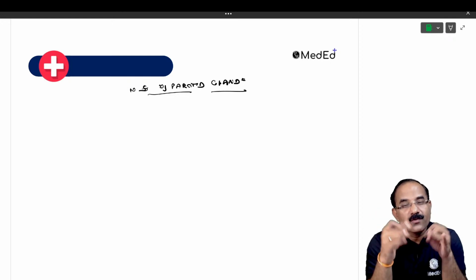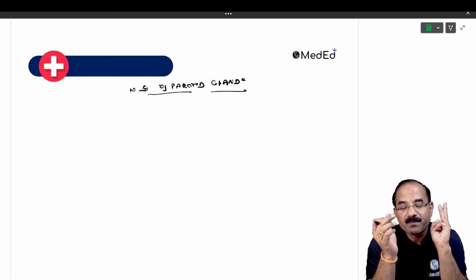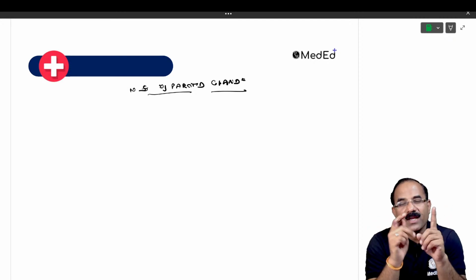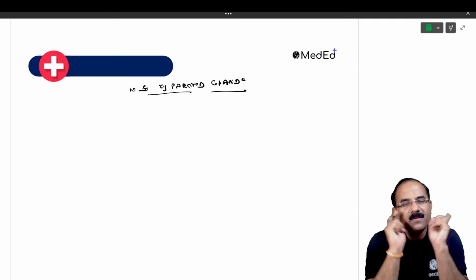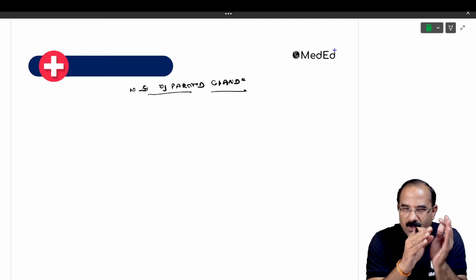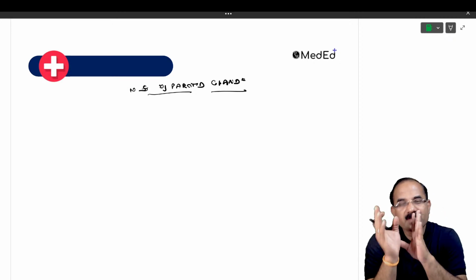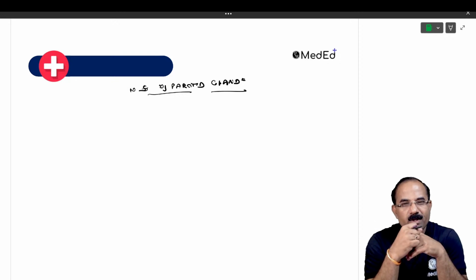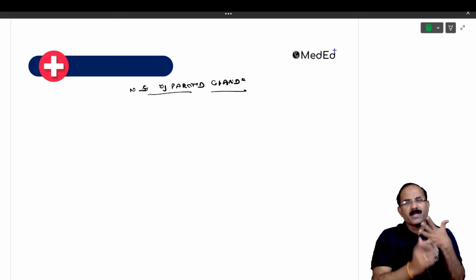Glossopharyngeal nerve is a nerve of which pharyngeal arch? Third pharyngeal arch. So third pharyngeal arch में there's only one muscle. एक muscle होता है. What's that? Stylopharyngeus. So glossopharyngeal nerve is going to supply what? Stylopharyngeus. Glossopharyngeal nerve supplies the tongue. So glossopharyngeal nerve has got so many things to do.